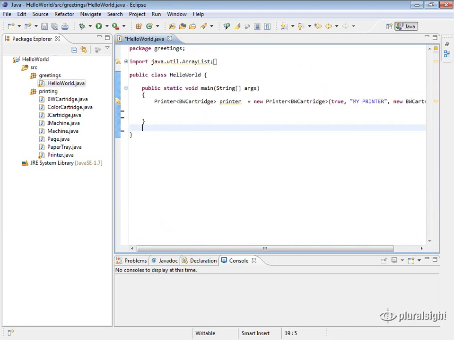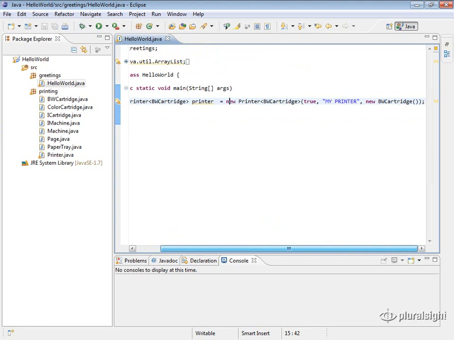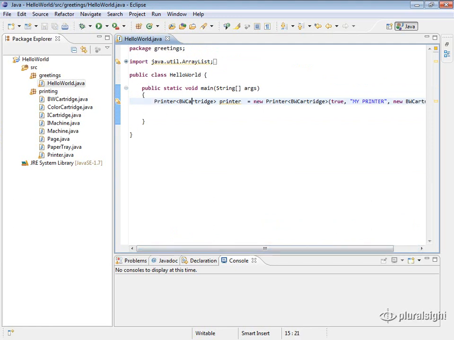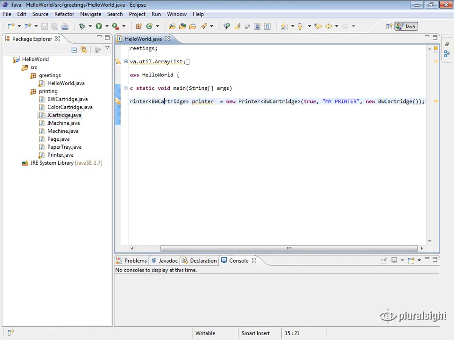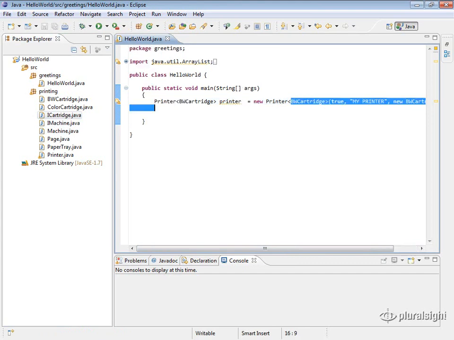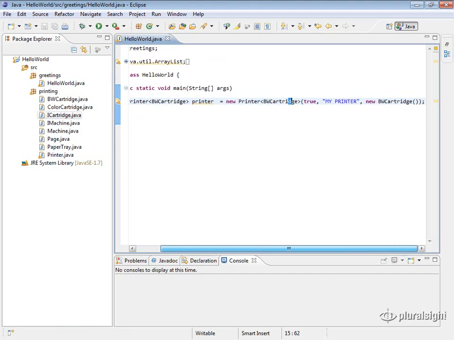And then what we're going to do here is use an enumeration to have cartridges of different colors. Right now you can see that we had created our printer, if you remember, and we had made it take different kinds of cartridges, either a black and white or a color cartridge, using this iCartridge interface, and that it uses generics here. So we either select a black and white cartridge or a color cartridge and pass that in,